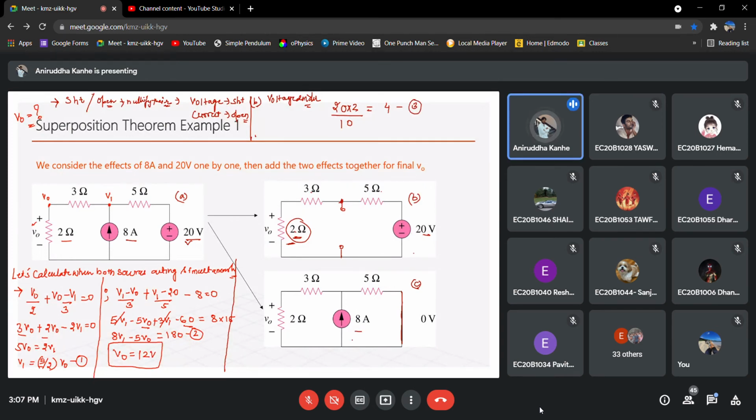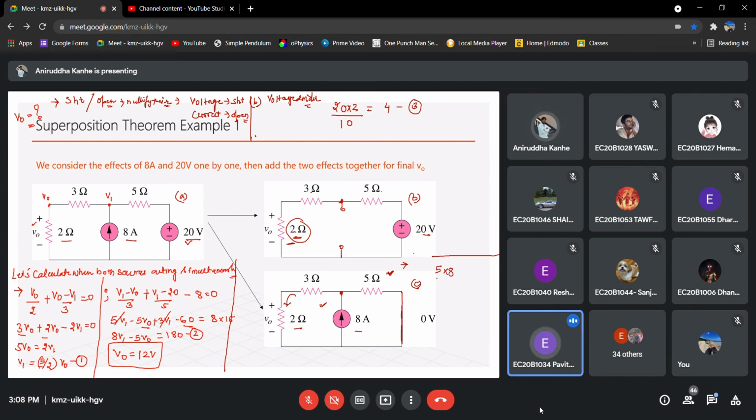Now let's go to the other part here, C. You can use the current divider. Once you know the current flowing through this 2 ohms, you can multiply 2 with that current, and you will get the voltage across it. Is that okay? If you are interested in the current flowing in this branch, then you have to take the resistance of the other branch. Do you remember this? Can anyone quickly tell me what is the current?